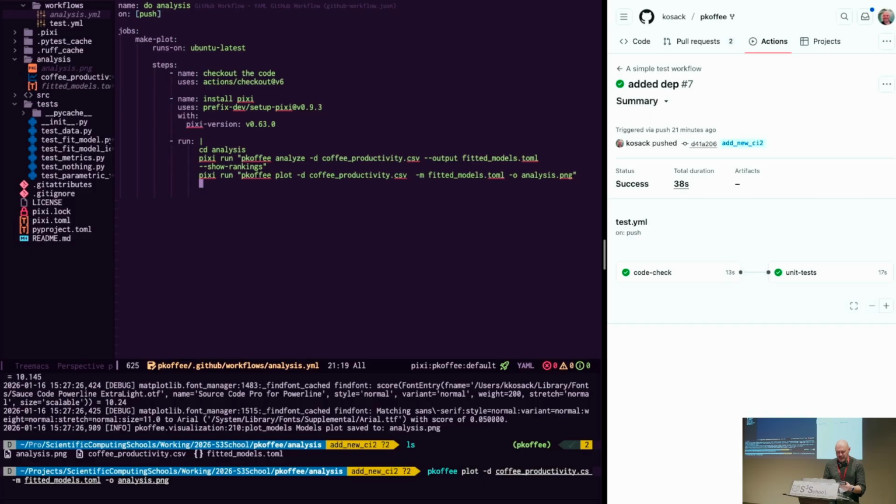So what we want to do is do something with the output. So then we can do another step, and there we're going to use, let's say, upload results, we'll call it. And there we're going to use a special one called actions/upload-artifact, v6. That one needs some options. So I say with, and then it's going to need name, and I'll call it results or something like that. And then the path